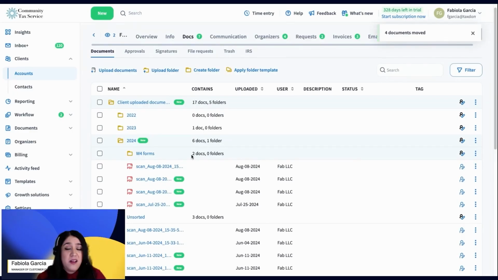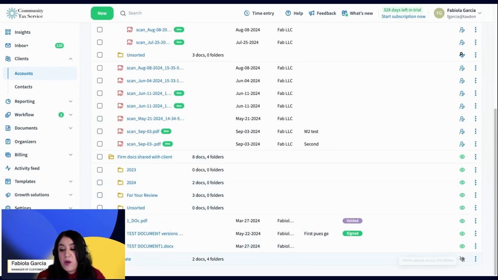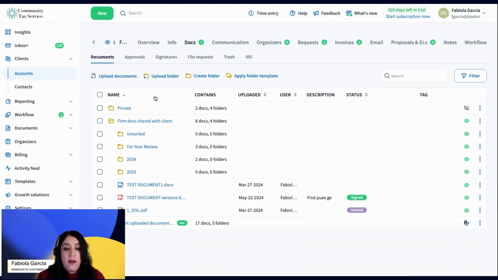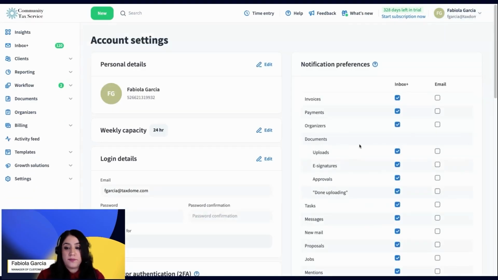But there is another way that you can manage this in a much easier way. For example, in the private folder, I might want to have all of the old files and folders that I've ever had with this client neatly stored here because I am the only one that can see them, me and my team. So there's a great way to have more scalability on managing files and folders. I'll show you where that is. If you click on Account Settings,